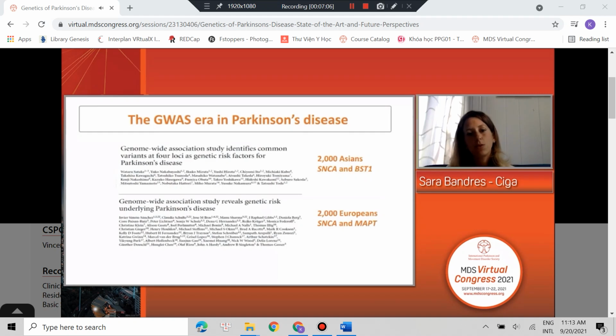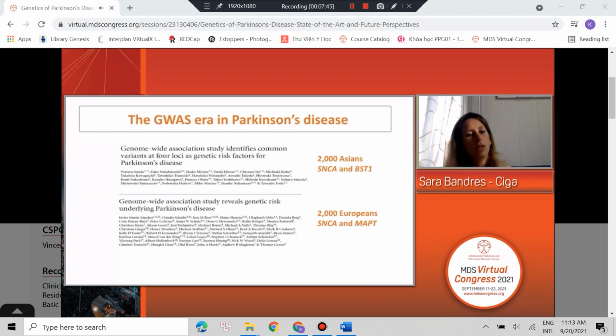And then we have the second one here by Simon Sanchez et al. That uncovered, again, synuclein and MAPT in the European population. And this was the first time that we could see the pleomorphic nature of these loci, in the way that, for example, point mutations, duplications and triplications in SNCA, encoding for synuclein, are linked to familial Parkinson's disease, as was previously presented in the last presentation, with a large impact on disease